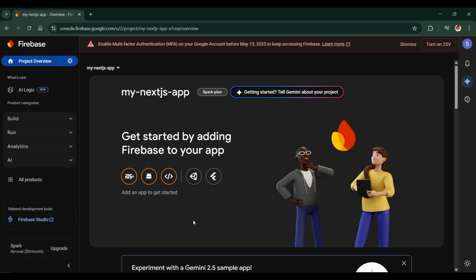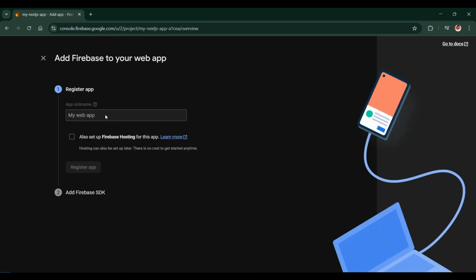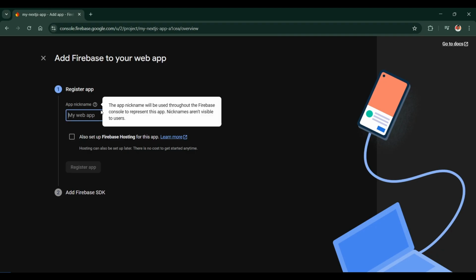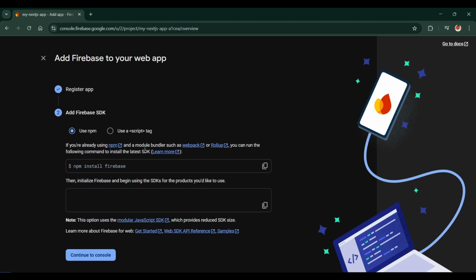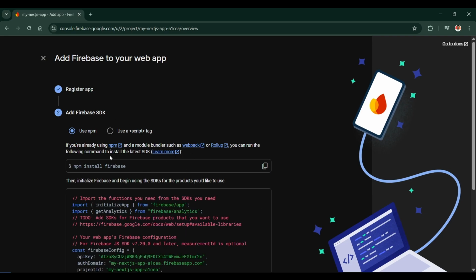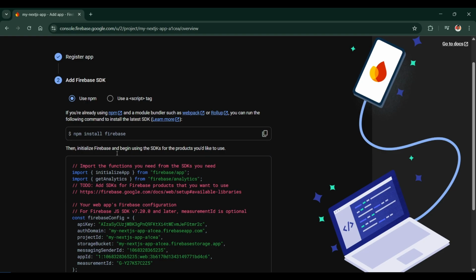Close. Here we are able to see iOS, Android, and web. We are using web, so click on web. I'm just naming it with my project name, Next.js app. It is a nickname, register app. If you want to set up Firebase hosting also, it is available here. And we need to add the Firebase SDK in our VS Code project. So what I'm doing is copying it